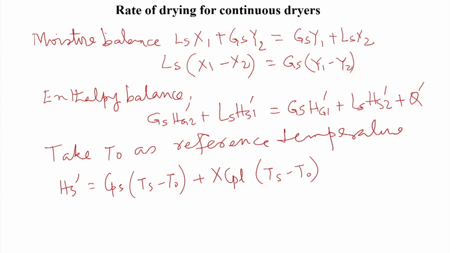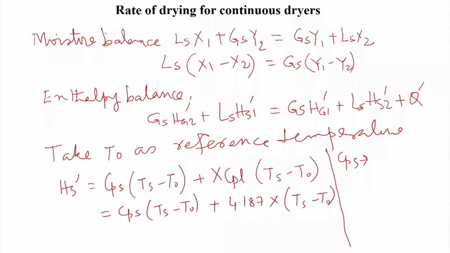That is nothing but Cps into (Ts minus T0) plus 4.187 into x into (Ts minus T0), where Cps,